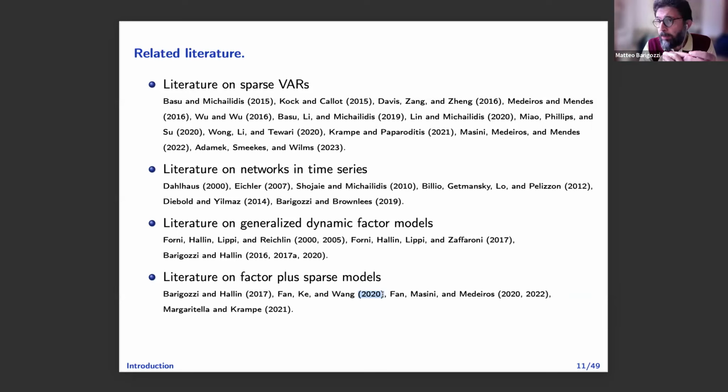And we show in the paper that if you just assume instead that the factor model is a static one, so factors are not loading with lags, you will recover exactly the same result that they have. And Margaritella and Kramp have something similar, although they use a different definition of sparsity, so it's not entirely directly comparable with ours. This is now published in 2023, and I think this one as well. So they all appeared at the same time, these papers.